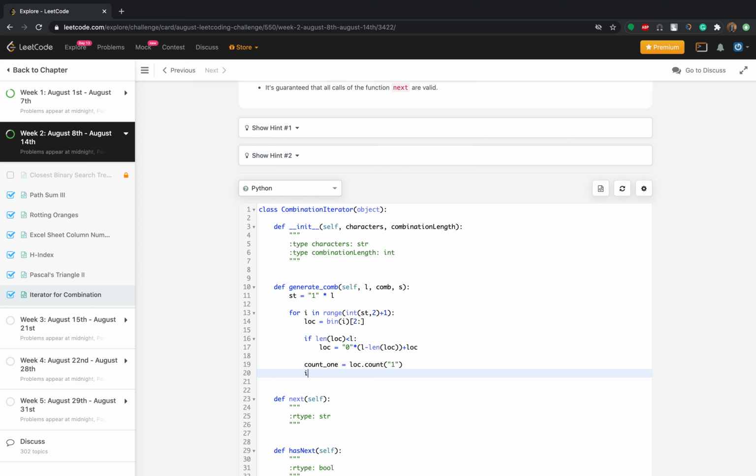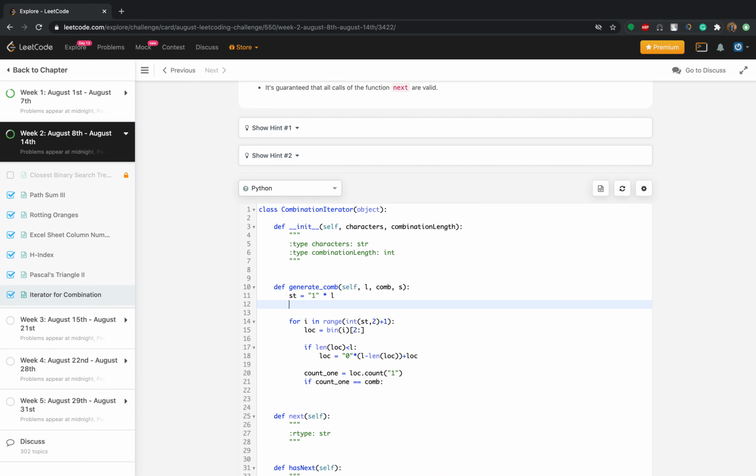and then if the count of 1 is equal to the combination, then what we do is we need to add this in our list. So we'll have a list called output. We'll add this location in the output. So once this is done, we need to iterate over the location output